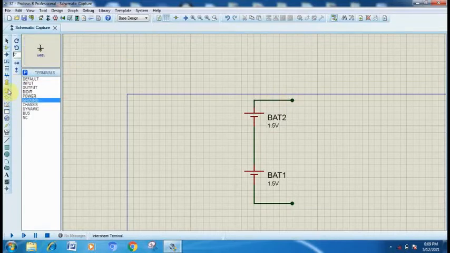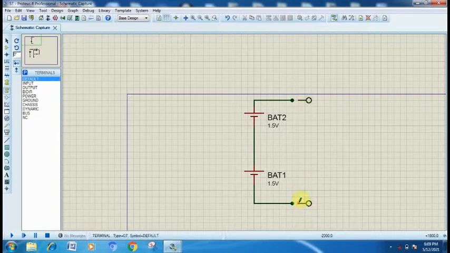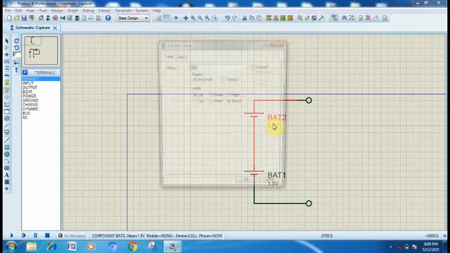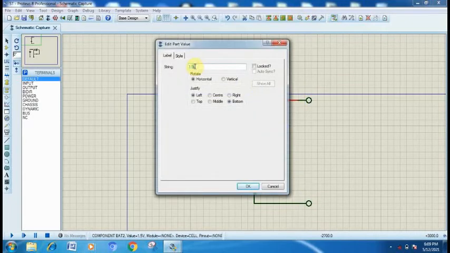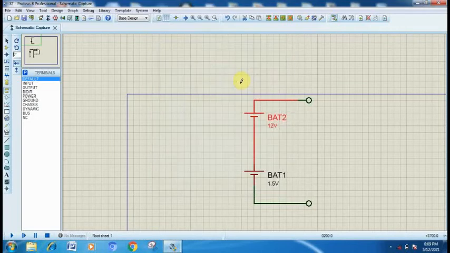Go to the terminal mode, select the default terminal, place two terminals here, one here and one here. After that connect it. Change the battery voltage to 12 volt so that plus minus 12 volt supply can be generated.